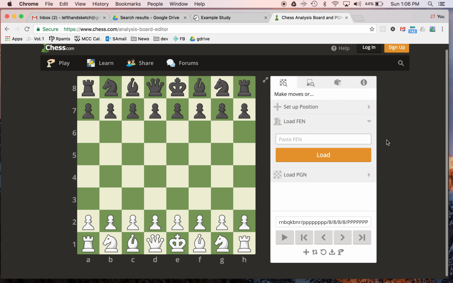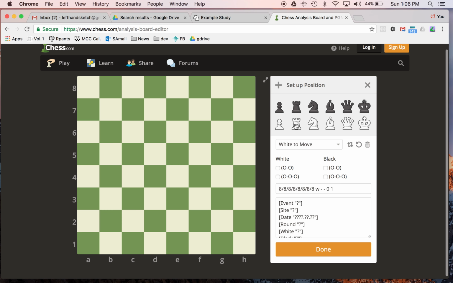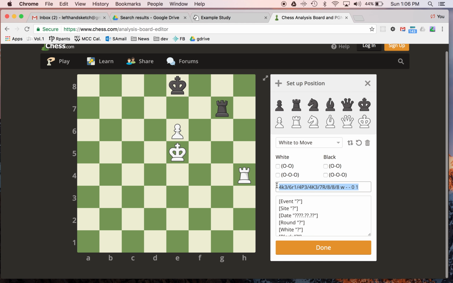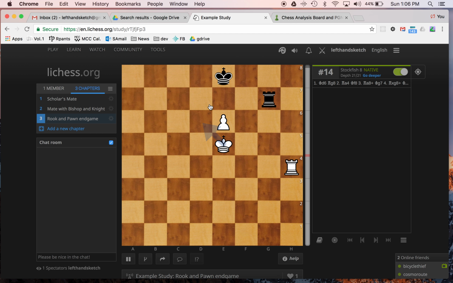So let's say I'm going to create an FEN by setting up a position. So let's clear the board. I don't know, just put some pieces on here. Let's say it's white to move, and right here is my FEN of what I've created, so I can just copy that, paste it in here, and let's give it a name, let's call it rook and pawn game. Here's my FEN, and